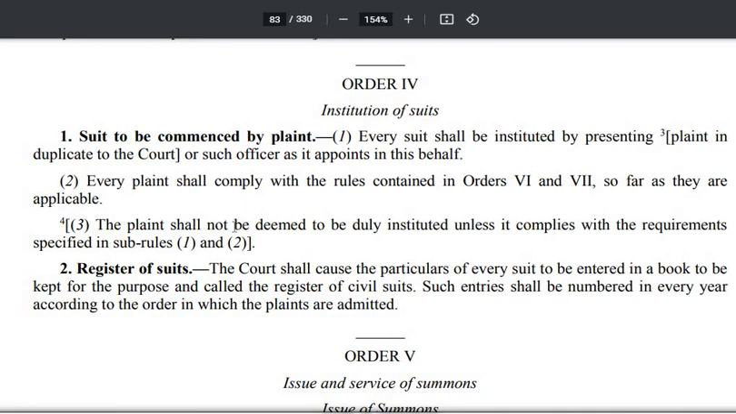तो इसी को आप कहते हो duly institution of the suit, but in the Act they are using the word plaint. So the plaint shall not be deemed to be duly instituted if either of them has not been complied with. So that is all for this order. So that's it. Next we have to move into Section 9 that we would see in the next lecture. थैंक यू।